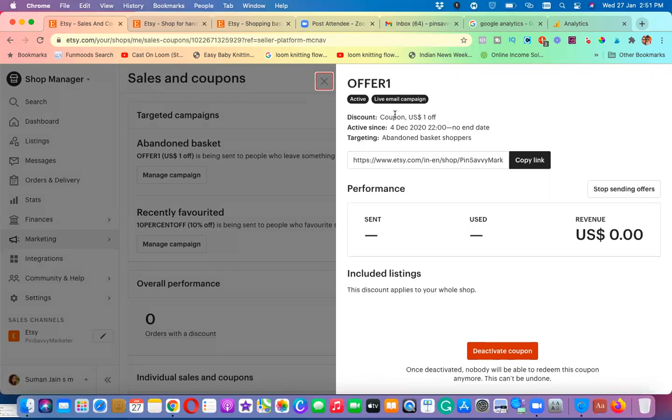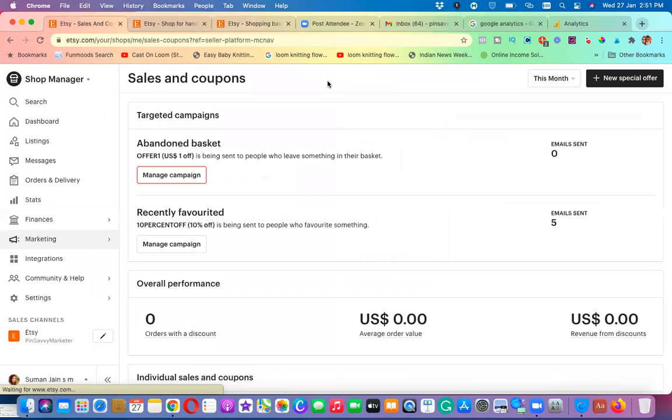This is called abandoned baskets. They have just liked our product, or added the product, but they have not bought it. If you want them to buy the product, they have to go and click on that. And once they do it, if they don't buy it, we give them extra offers. And with these offers, if they try to buy, then you will see how many emails were sent.